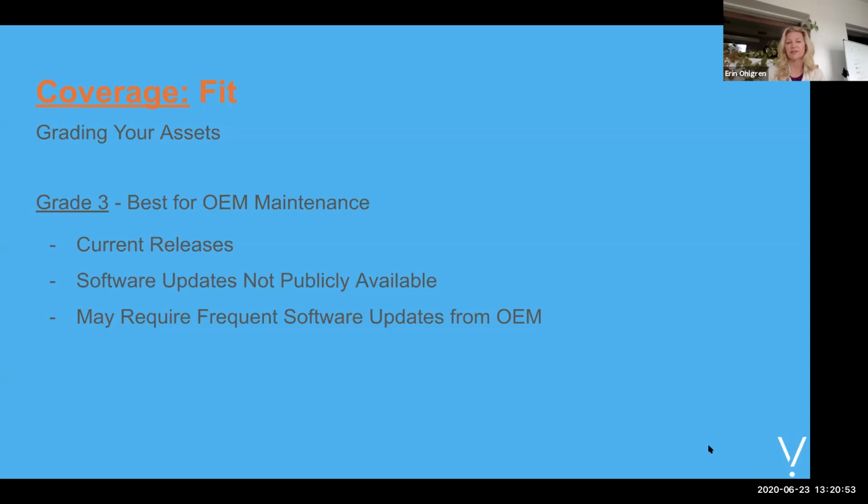These are situations where you're always going to want to keep those products under OEM maintenance until there might be a point at which either they're end of software maintenance or they're end of support, and then we can have a conversation if they move down to what we call a grade 2. But while they're in life, and if they're license key based, these are products that we would recommend keeping under OEM maintenance. And this is part of what we do: we educate you in the process, highlight these assets so that we can really take a look at what's a good fit for third-party maintenance and focus in on that group of your estate.